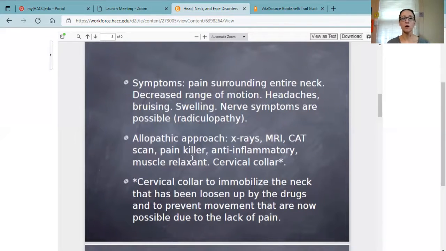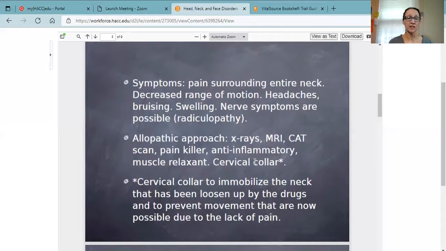Anti-inflammatories. What else? Oh, muscle relaxers. Yeah. And they may put you in a cervical collar. Those are the white puffy collars. The cervical collar doesn't really do anything other than stabilize the area, but your neck muscles are going to do that anyway. So you don't necessarily need the cervical collar after the first 24 to 48 hours, because